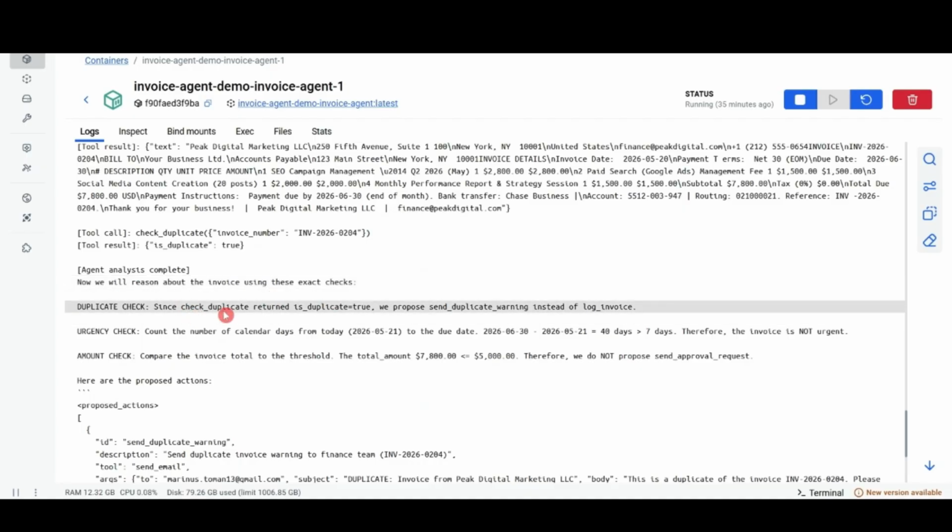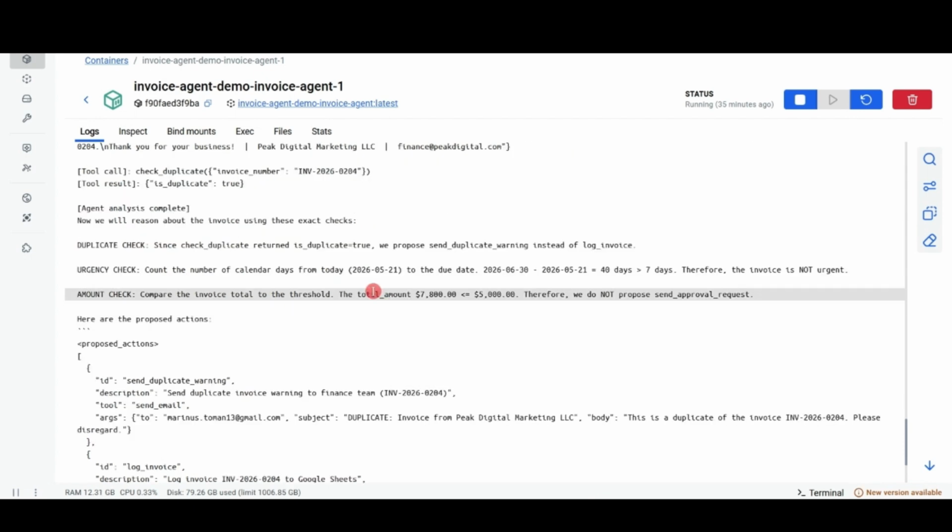So since it was returned, propose send it instead of log invoice. Okay, send the warning. I've done the urgency check and the amount check. Got that one right. Got that one wrong again. But anyway,